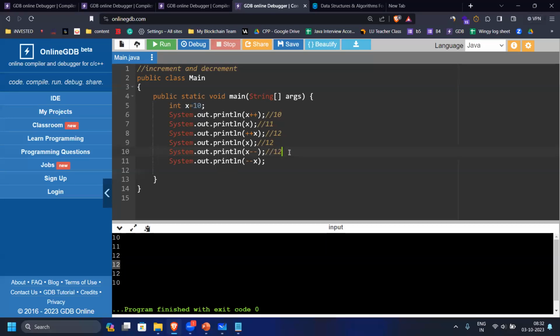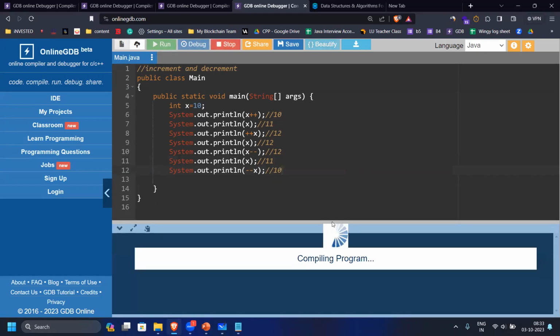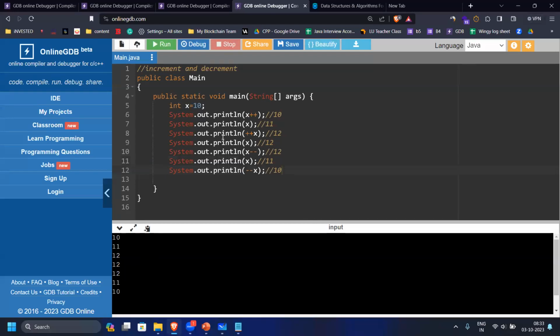But it will decrement the value. X is going to be decremented by 1. If I want to check, x value is going to be what? 11 here. So from 11, this is the pre-decrement. So 11 to 10, it is definitely going to come, because pre-decrement is going to be decremented first, then it's going to be done, right? So see, this is how that is working. If I copy this and paste it here,